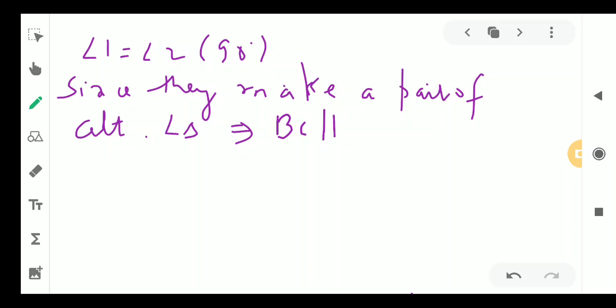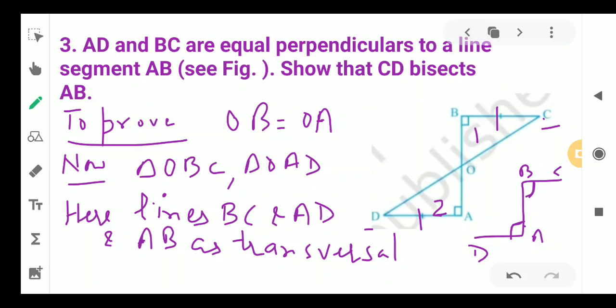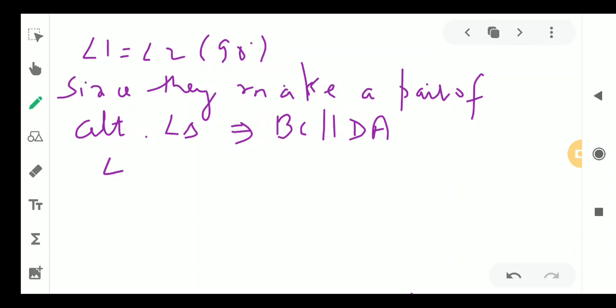BC is parallel to DE. So we have obtained BC is parallel to DA. Suppose this is angle 3 and this is angle 4. So we can say angle 3 equals angle 4, and the reason can be alternate angles. So what we have shown,